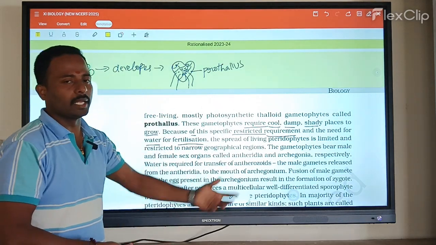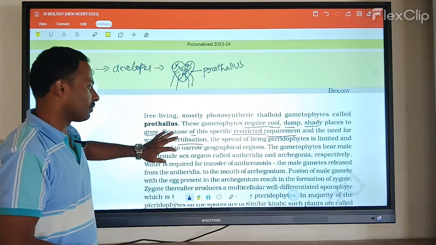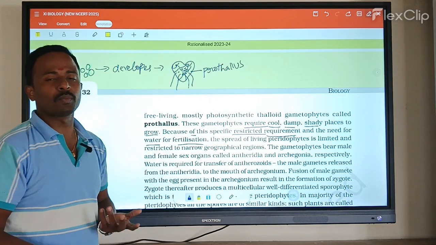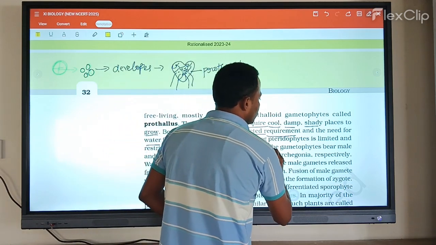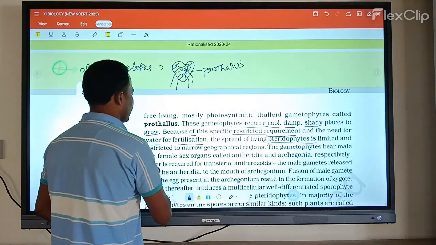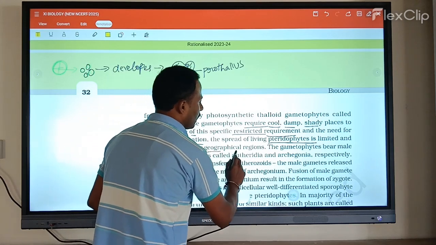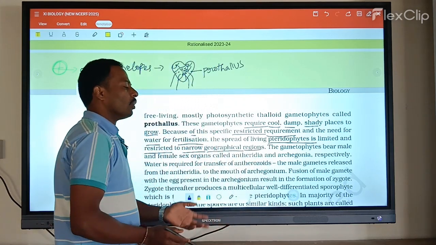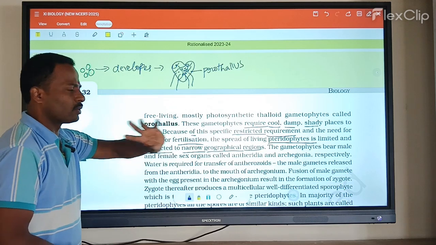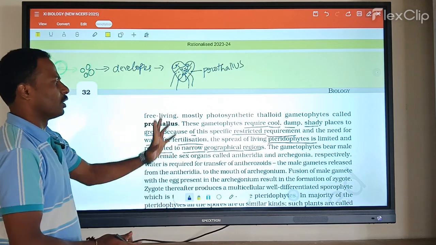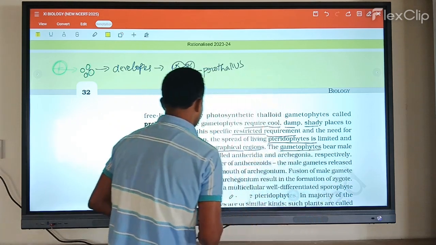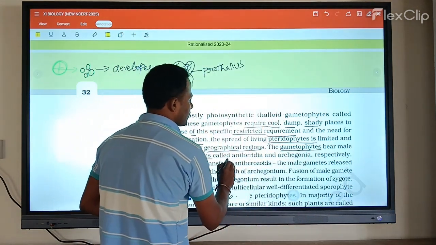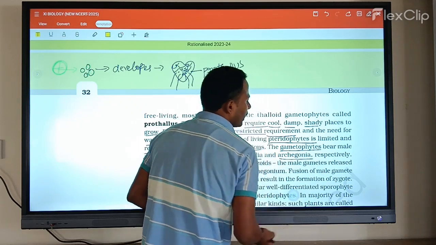For their development, the fertilization process requires water. Despite living in limited, restricted, narrow geological regions, the pteridophytes are also growing there. Now, in the gametophyte, the male and female sex organs are called antheridia and